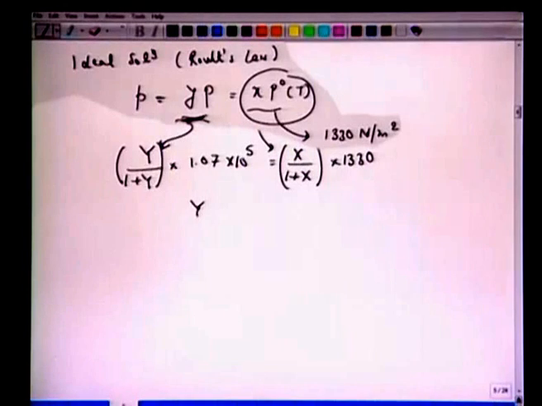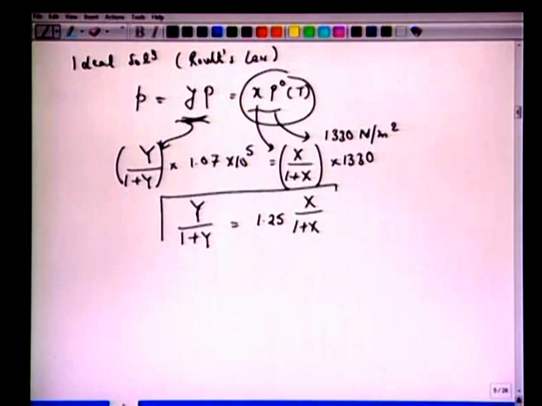To simplify this, we have Y over 1 plus Y equals 1.25 capital X over 1 plus X. So we have obtained the equation for the equilibrium curve,